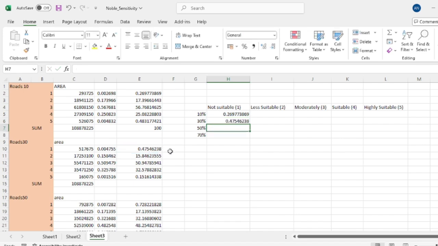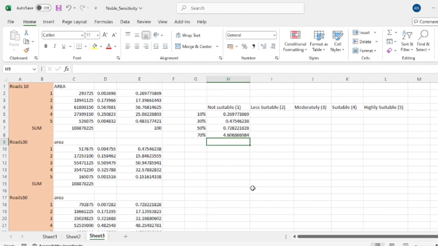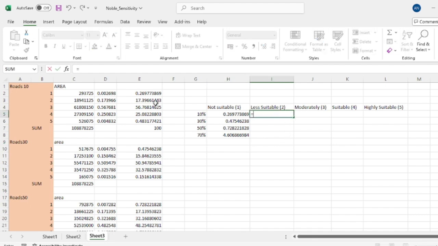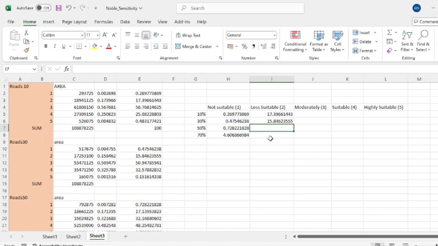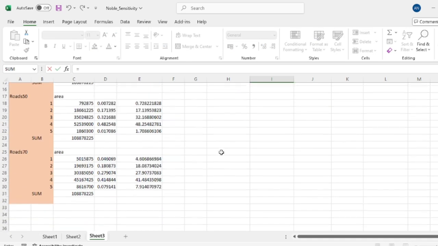Let's click on that, then enter. 50% not suitable, this one. 70% not suitable. And then for less suitable, we have here this one. And then for less suitable at 30, that is this. For less suitable at 50%, is this one. Less suitable at 70,